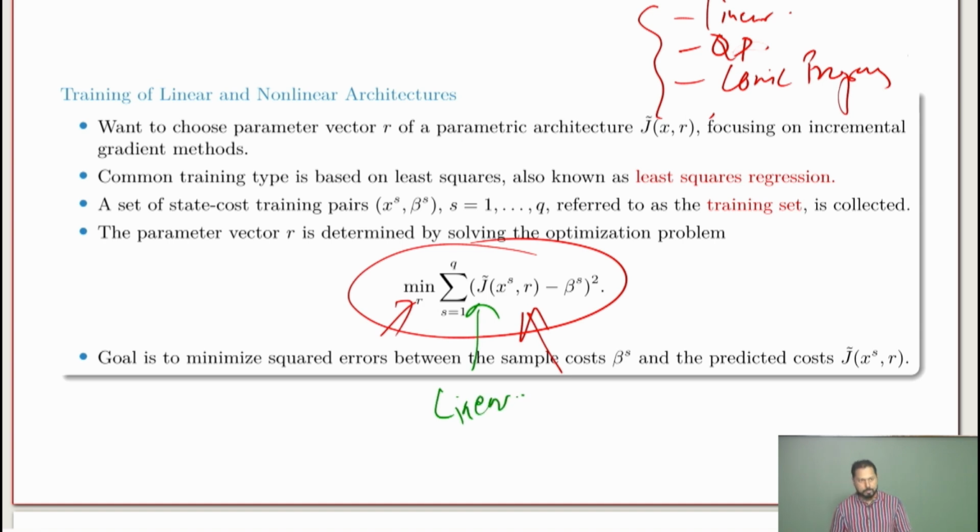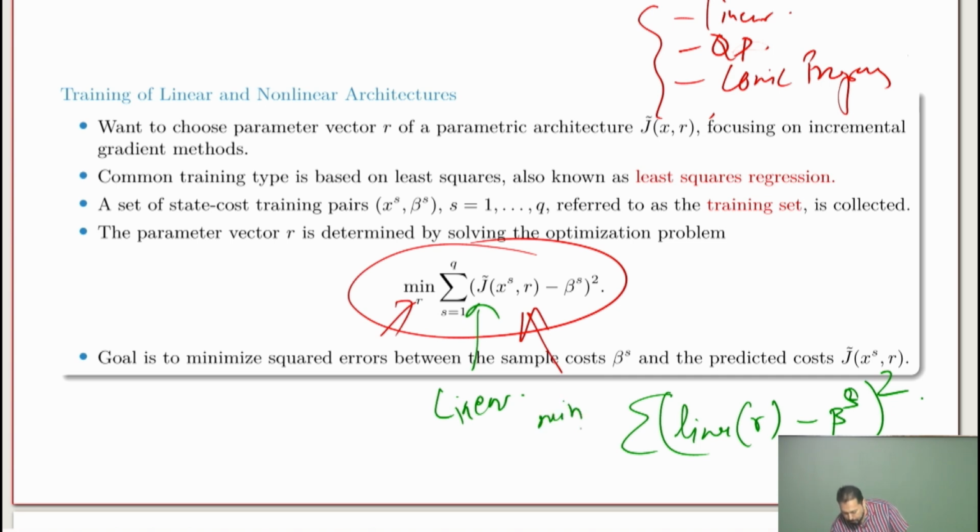If J tilde is linear, then this is linear in some r, minus beta s, and squared. And this is a minimization in r. So there is in the objective something linear in r, but then I see a square here. So overall, this is a quadratic in r. Okay, if the objective is linear in r, since we define our loss to be like this, overall squared, then it becomes a quadratic in r. Okay,